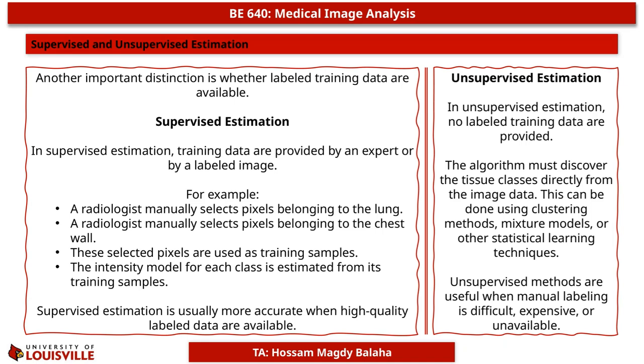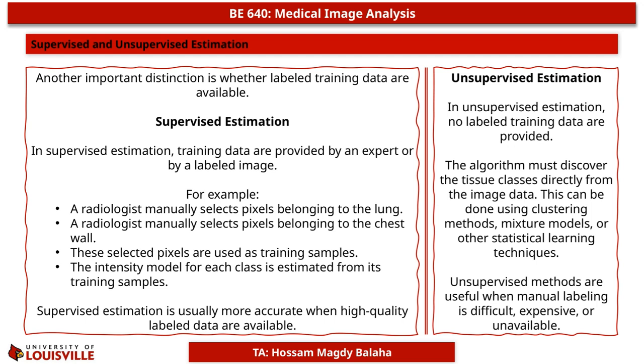With supervised estimation, an expert provides representative samples for each class. For instance, a radiologist might manually select pixels that belong to the lung and other pixels that belong to the chest wall. The algorithm then uses those labeled samples to estimate an intensity model for each tissue class. When the labels are accurate and sufficiently detailed, supervised methods are generally more precise because the system is guided by